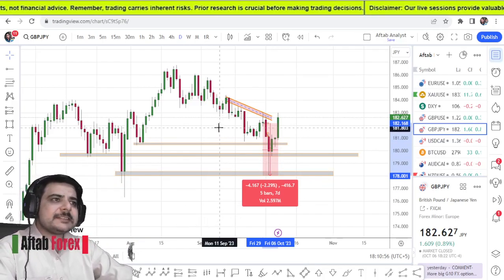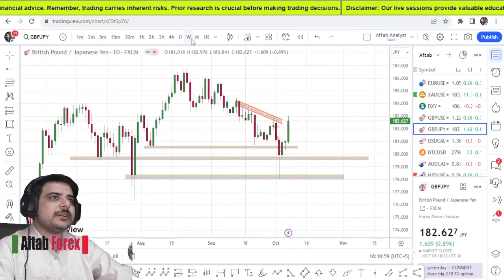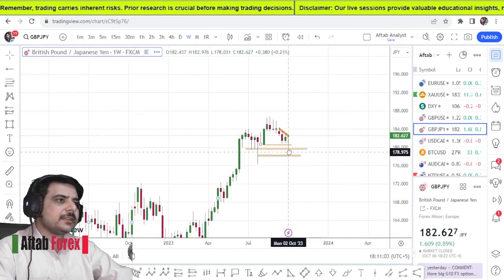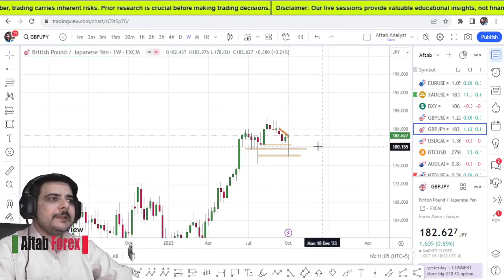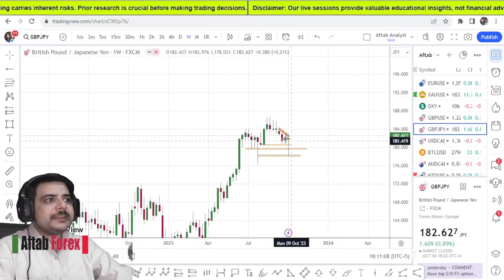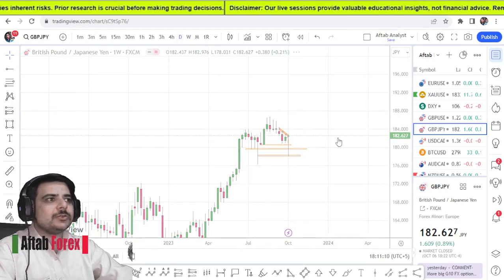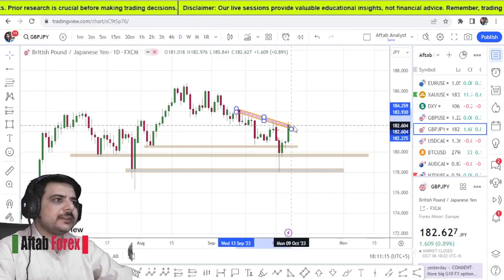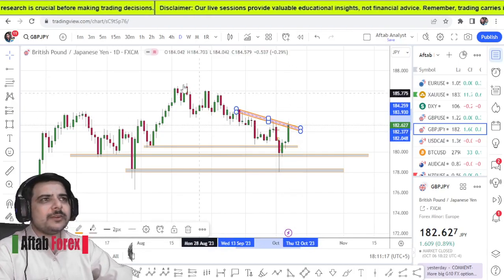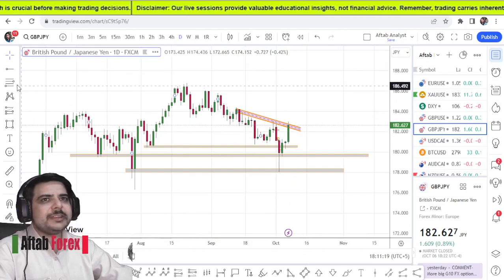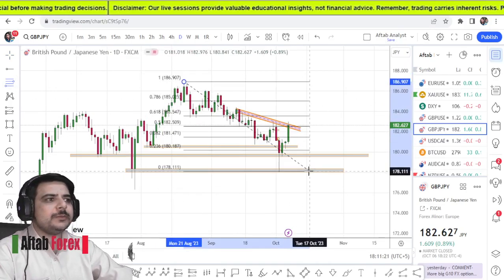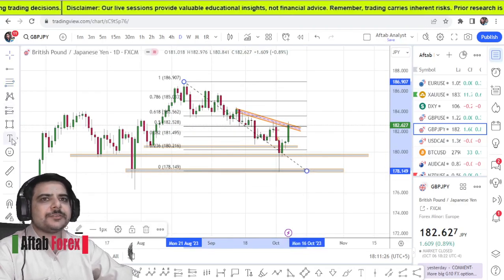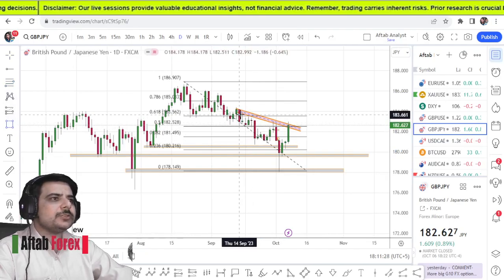So what's next is, obviously this is a very strong level. Even on the weekly, see, this is a huge rejection, right? But the weekly momentum it got, it has not yet closed above that. So I will be waiting for a break of this trend line. A little bit of break already has occurred, but I will be waiting for this break of trend line, and I will also be waiting for this 61.8% retracement somewhere closer to this zone.